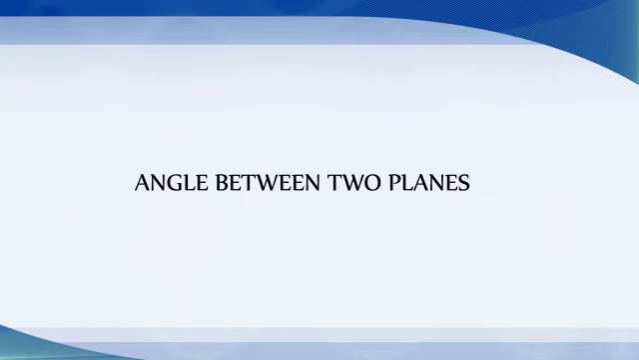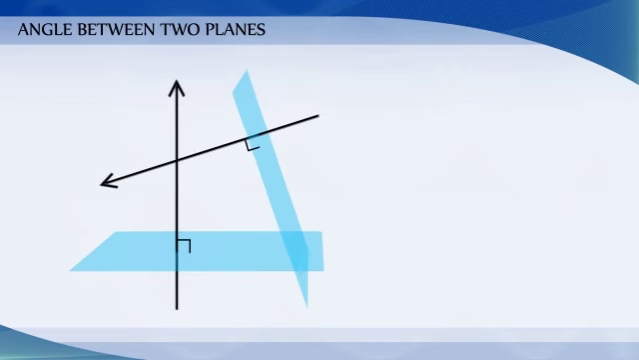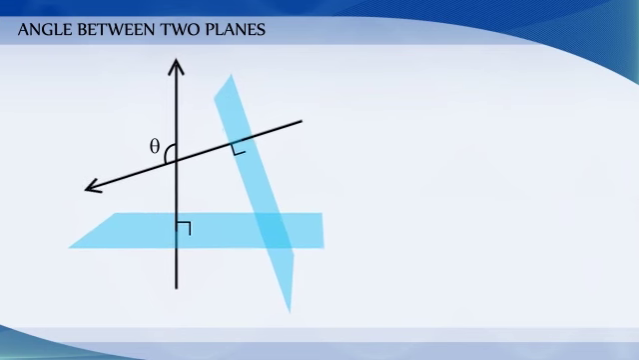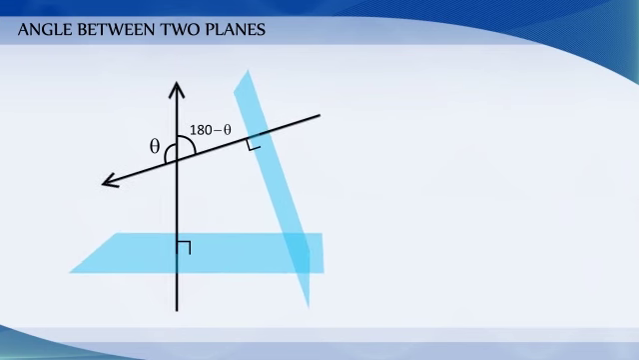Angle between two planes. The angle between two planes is defined as the angle between their normals. If theta is an angle between two planes, then 180 minus theta is also an angle between two planes. Let r vector dot n1 vector is equal to d1 and r vector dot n2 vector is equal to d2